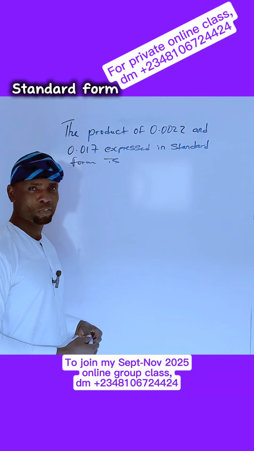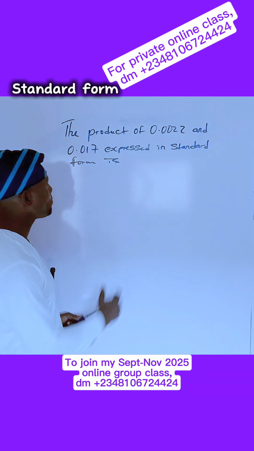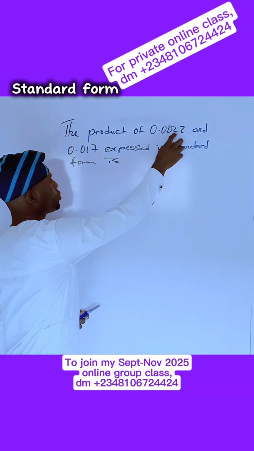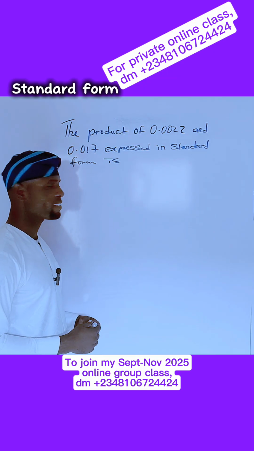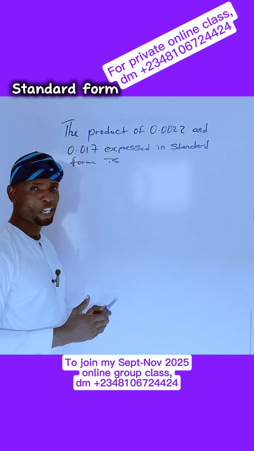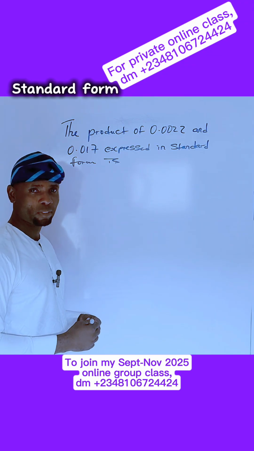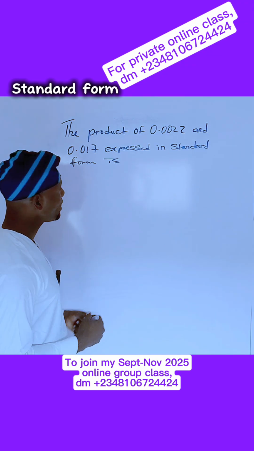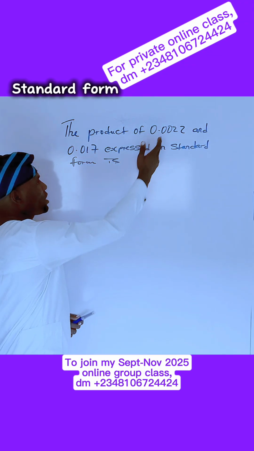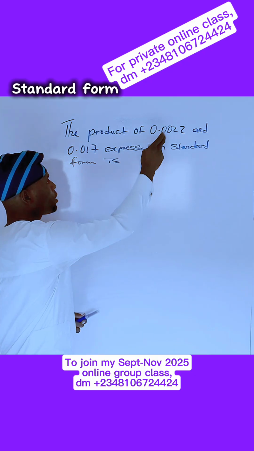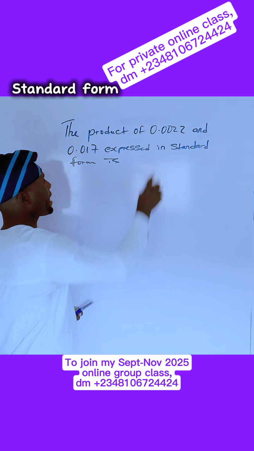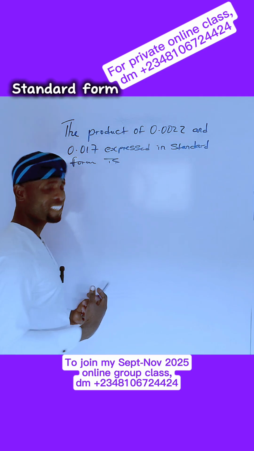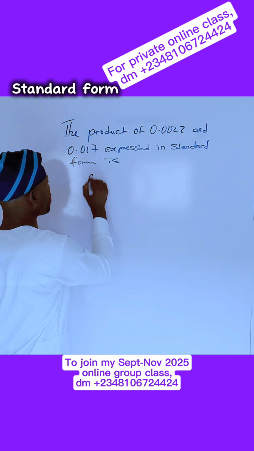There is a question here to solve. The question says the product of 0.0022 and 0.017 expressed in standard form is, we don't know it until we carry out the solution. Let's get down to it. Since the question says we should express the product of this number and this number in standard form, let's start by expressing the numbers in standard form, starting with the first one, which is